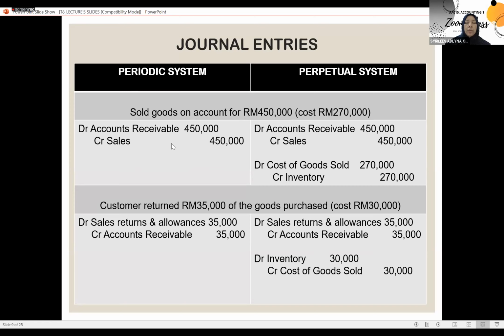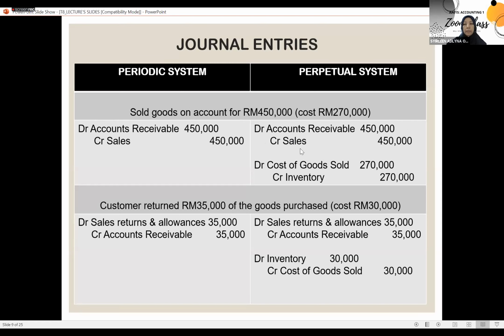Bila you nak tahu you dapat untung ke rugi, you kena tunggu account tutup baru you boleh kira, sebab you don't have the amount of the COGS yet. Okay, tetapi kalau kita guna perpetual system, kita akan catat dua set of journal. Kalau you tengok dekat sini, the first set of journal di atas ni sama seperti apa yang you catat for periodic system. So we are still going to record debit accounts receivable with the amount of 450,000